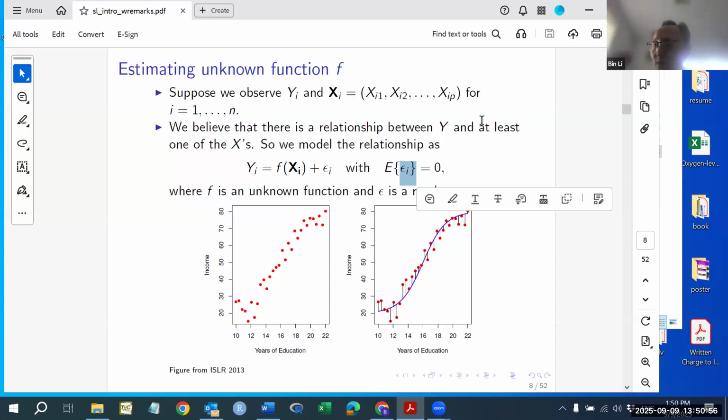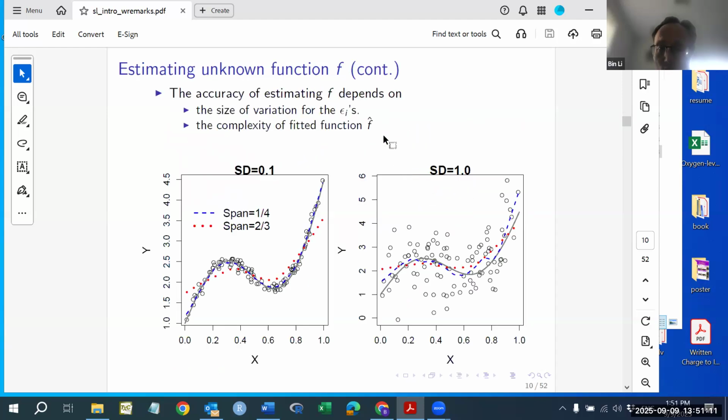That is the data generation mechanism, right? That is embedded in the data that we observe. So that part cannot be reduced, cannot be removed. So the size of the variation for the epsilon, that means the sigma square, that's the size of the variation for the irreducible error,